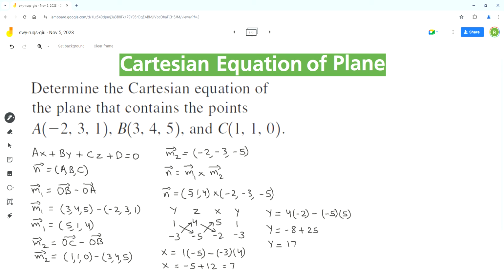Now we can find the z component, and for that we should cross multiply the x and y components. We start with 5 times -3 minus -2 times 1. I get -13. So the normal vector is